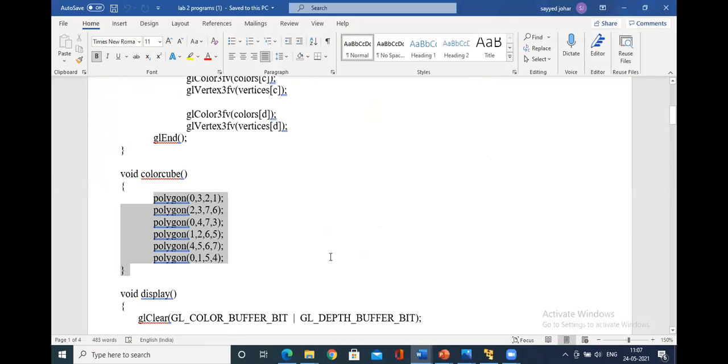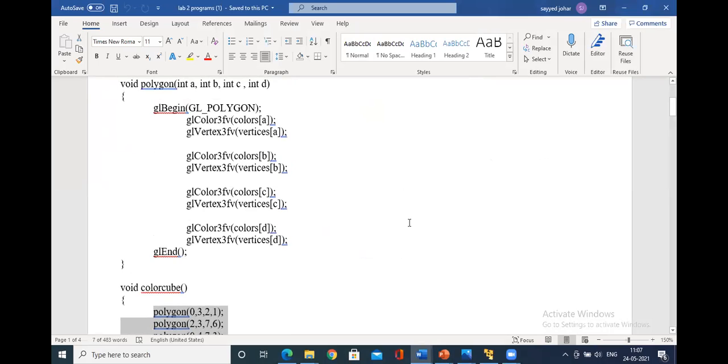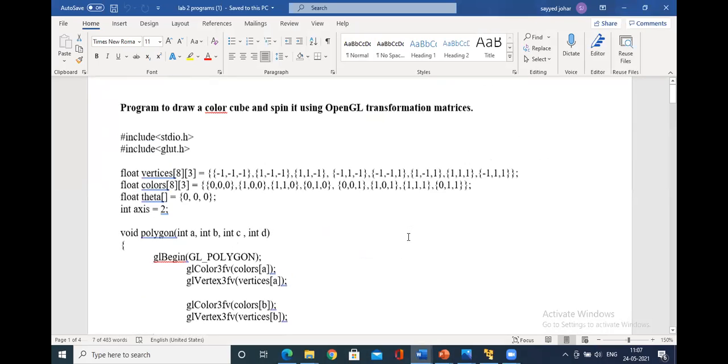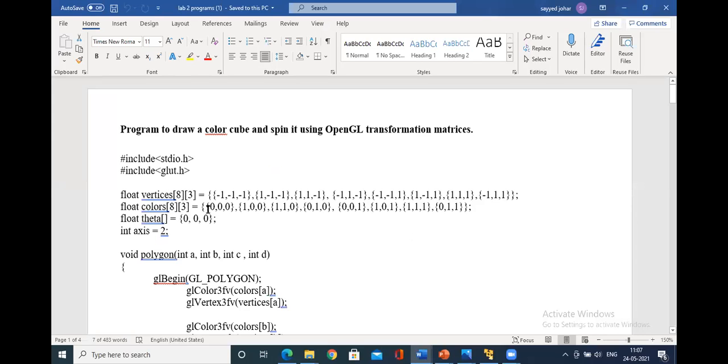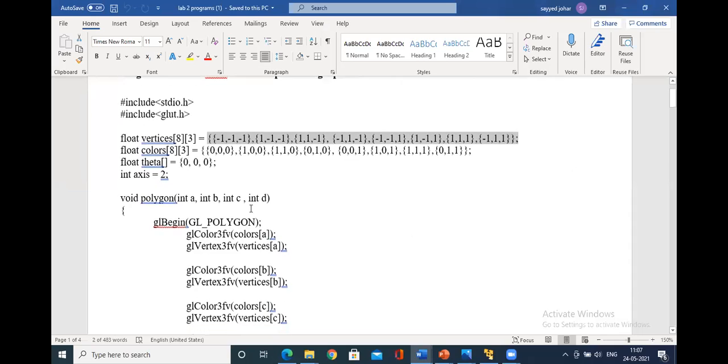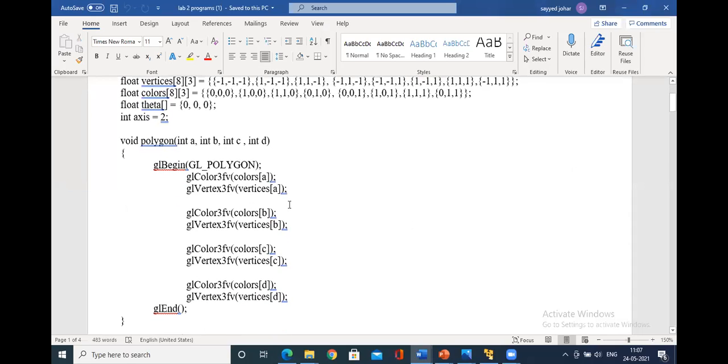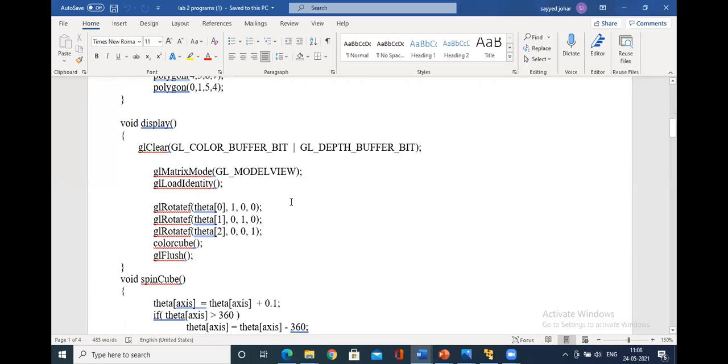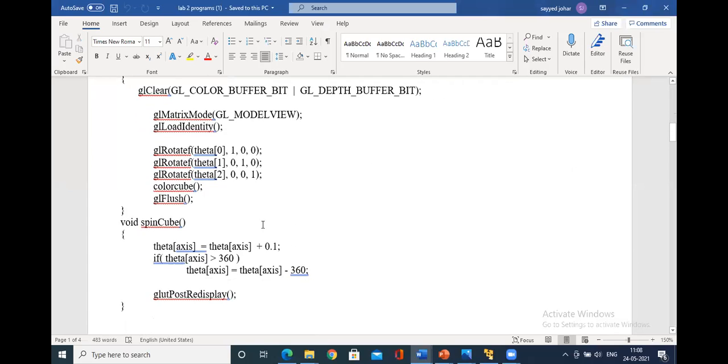If these faces are correct but the rotation is not visible, that means here, if you make mistakes, the program will not execute. Here, there is no problem. If you are able to get the screen but the rotation is not happening properly, it might happen here. This is a totally logical error. If you make an error over here, or if you have mistakes here, it also happens.